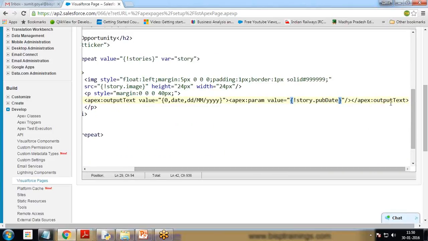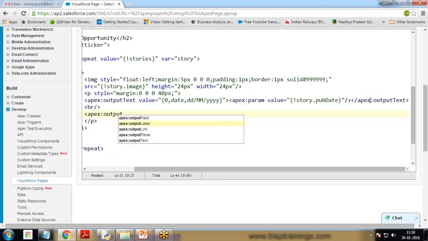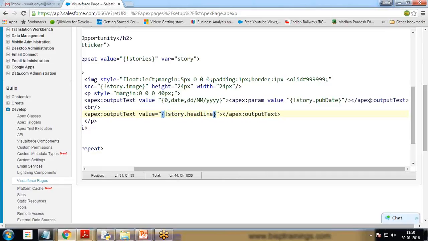So that will be output text, and I want to add a break here. So I add a break. Then I want to show the story headline. So again I define apex colon output text, value is equal to story dot headline, and this can be a self-closing tag, and also a break. So I copy paste it because I want to show the story snippet as well. So story dot snippet,